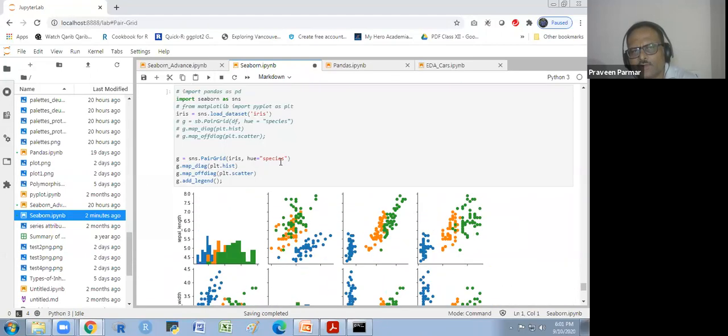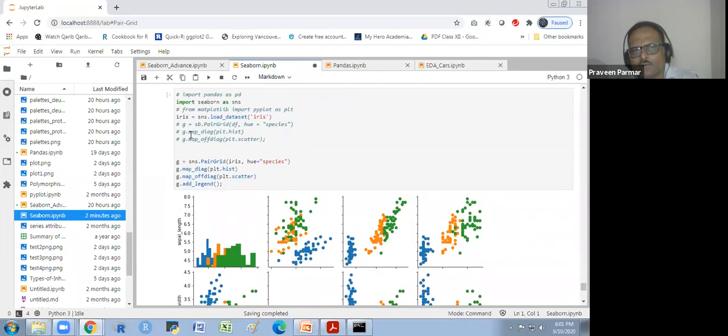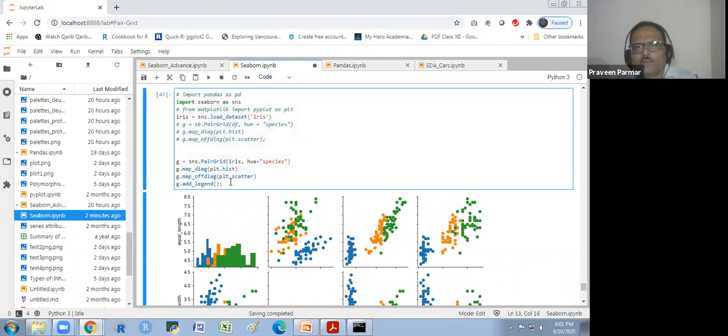This is the plot. The same plot we will get, but having some different commands. Either you could use this or you could use this. Okay, there is not much difference in both. What I am going to say is that there is no difference in both the commands. If you see df, I have written with iris, the plot is the same. The same thing, the map diagonal.